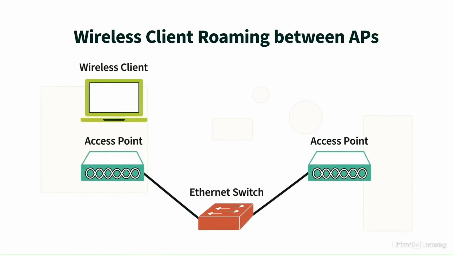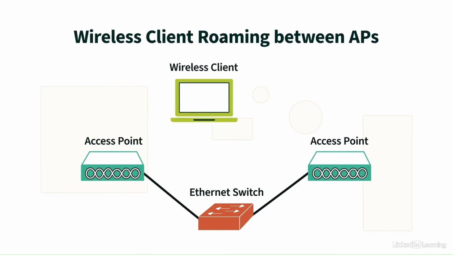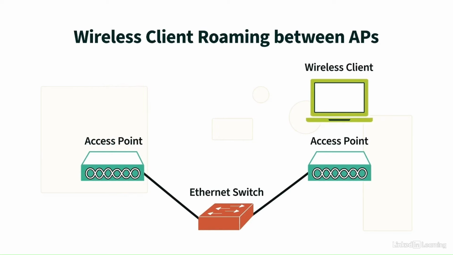Check out this example. If we have multiple access points placed throughout our home or business, that lets a wireless client, like a laptop, physically move to another location without losing its network connection. The wireless client simply sees that there's a stronger signal coming from a different AP, and it starts communicating with that AP for